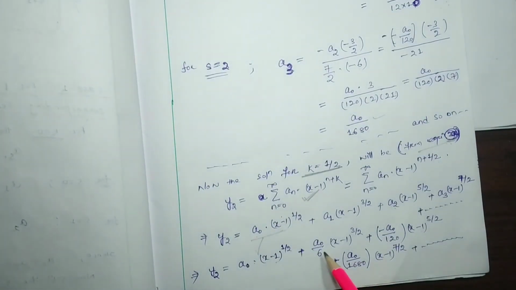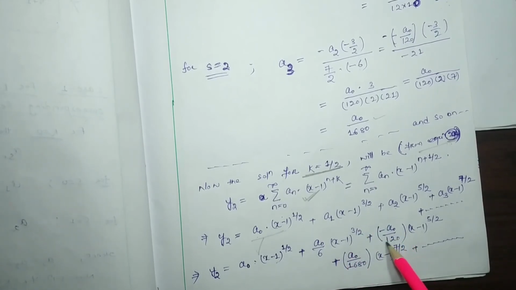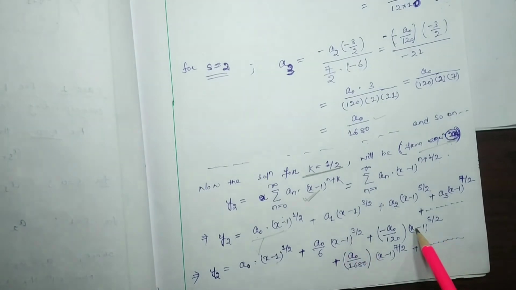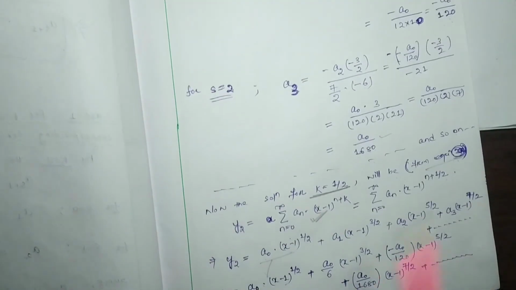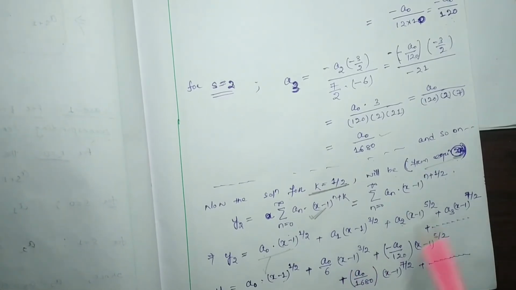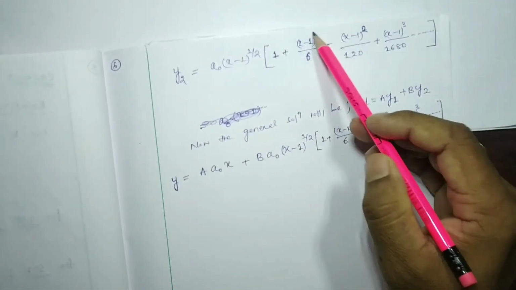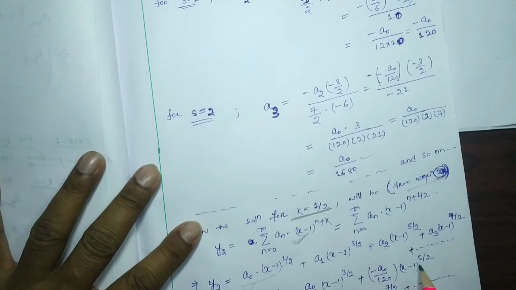The second term will be 1 by 6 into (x minus 1) to the power 1. Sorry, it is not 1 by 2, it will be 1. The third term will be (x minus 1) to the power 2, and this term will be (x minus 1) to the power 3, like that. The coefficient will be there. So the first term will be 1, the second term will be 1 by 6 into (x minus 1) to the power 1, and here minus is there, minus 1 by 20 (x minus 1) to the power